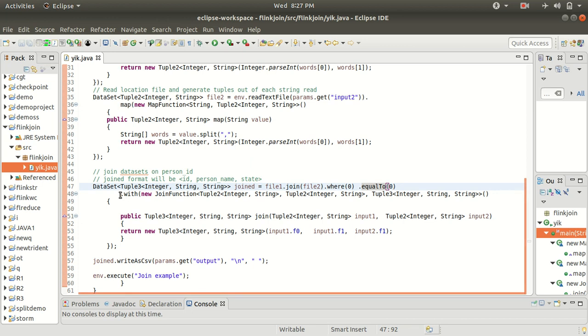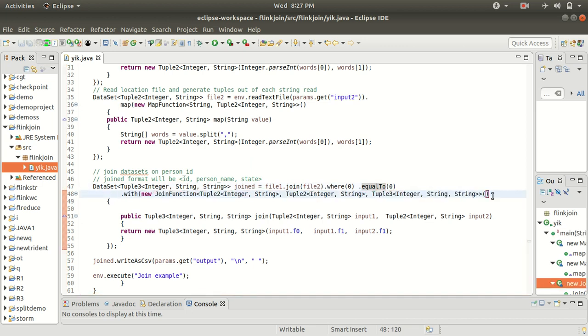And this line indicates what kind of answer we expect. We'll be expecting the answer in the form of three columns, so we need to specify the structure in which we expect the answer. You can see we are specifying it with the with keyword, and we are using the join function.